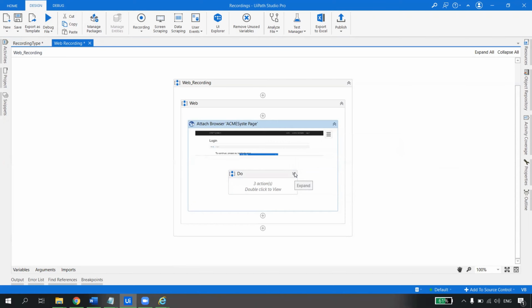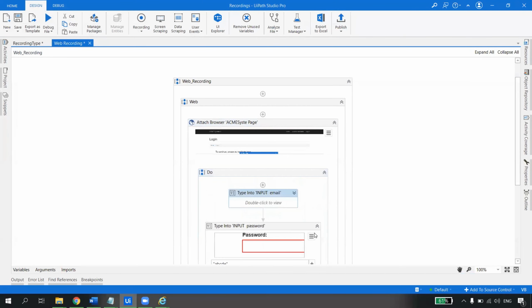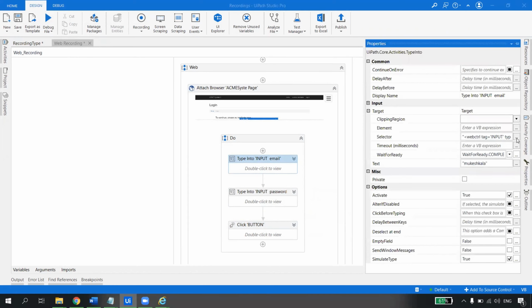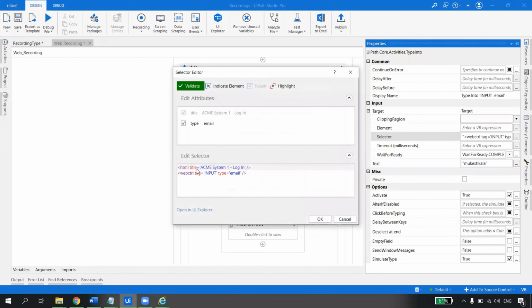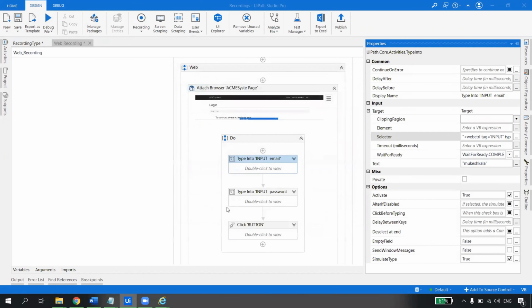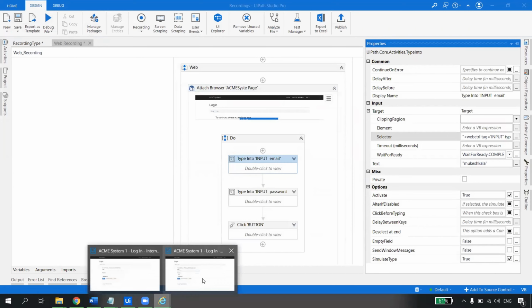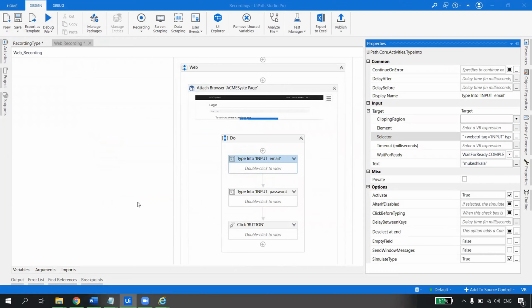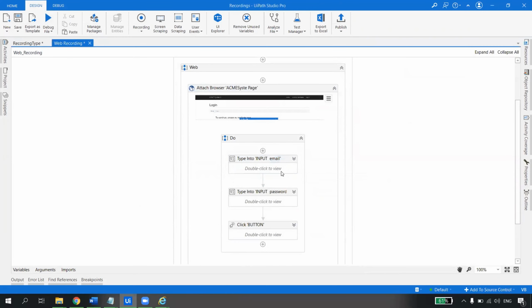So what would you think, what are these selectors inside this? Would this be full or would this be partial? It will be partial, right? If you go here, you will see it says that you cannot change this because this is a container, and it has given me the partial selector. So whenever we do web automation recording, you will get a partial selector. You can always change a full from partial, that we will see later on. But now do you understand how we deal with this?